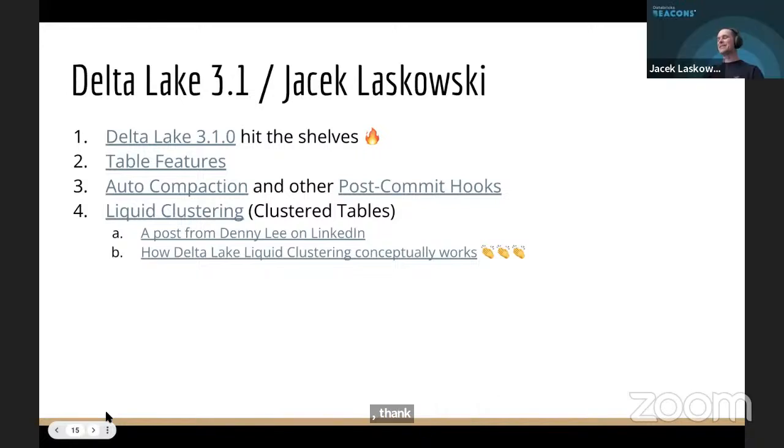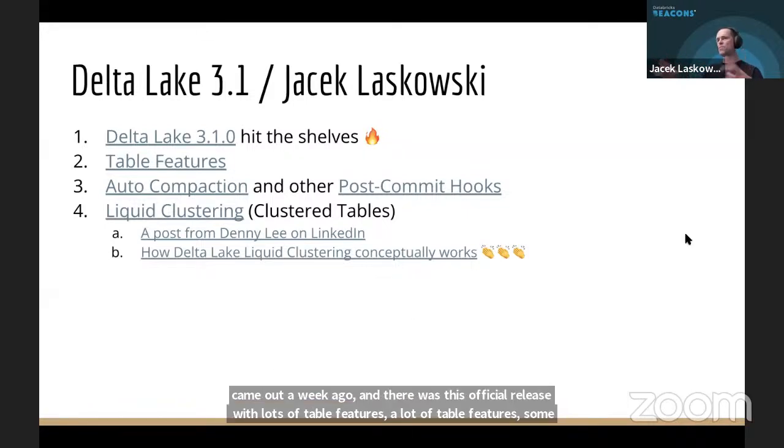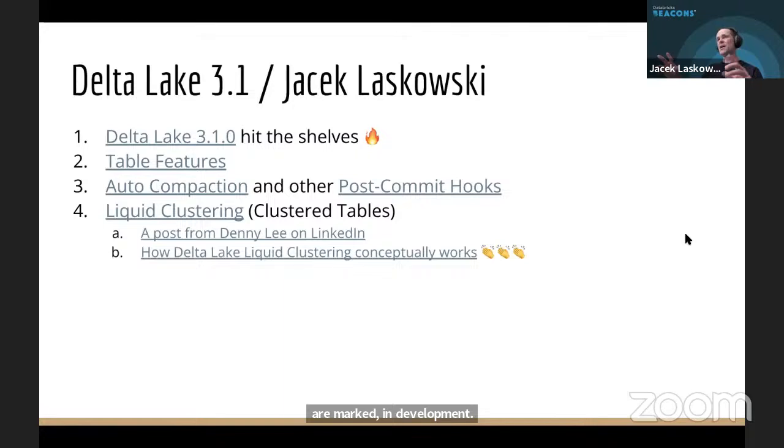So Delta Lake 3.1 came out a week ago. There was this official release with lots of table features. Some are marked as in development, like row ID, something that caught my attention too. But out of these table features, which are basically extensions to protocol, or shall I say, protocol upgrades, for people